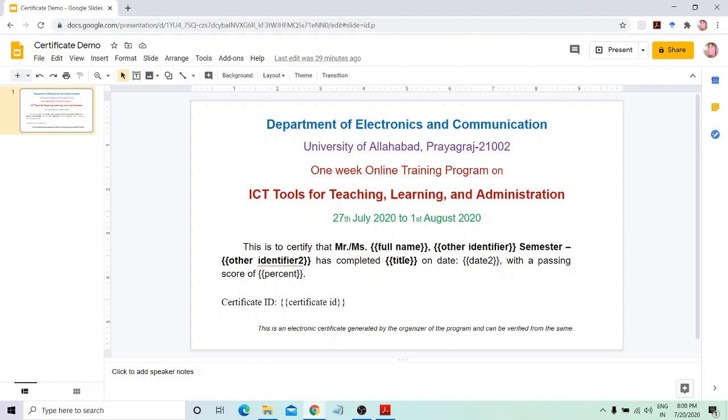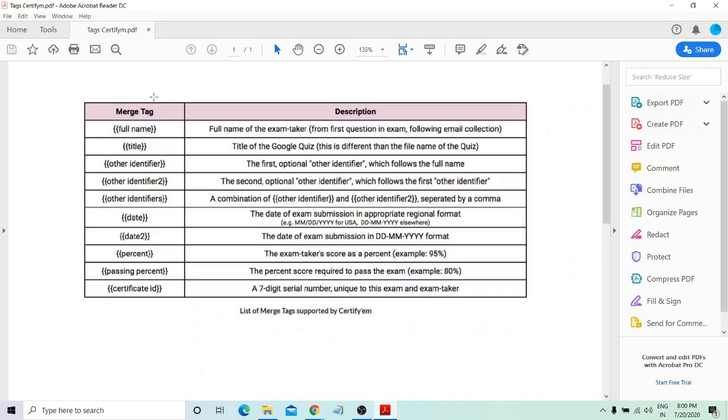So all the text inside double curly braces is called tag. For example, let me show you all the tags. So these are the some tags for Certify-M. So do not use any variation of this name. For example, don't put any extra space. It is case sensitive. So write the tag name exactly as it is shown here.